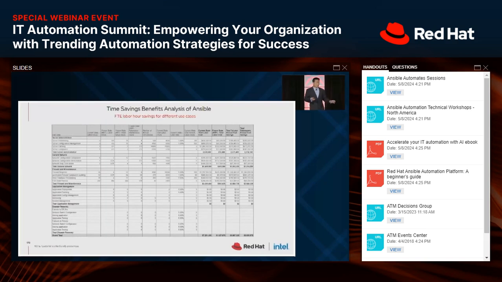So all the different tasks that right now you do in a manual workflow, or maybe you're using other, inferior automation platforms, you itemize and list out how many hours it takes you right now to do these tasks. And then you try to figure out, if you automate it with Ansible, what does that eliminate in terms of the hours that you require right now?